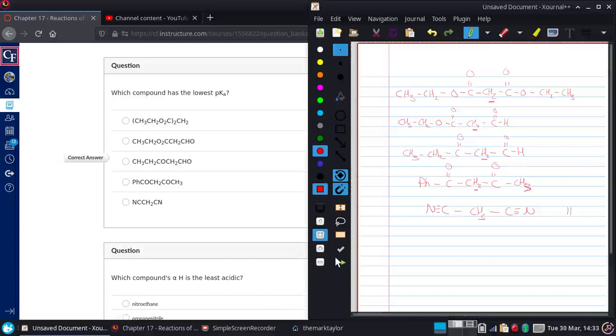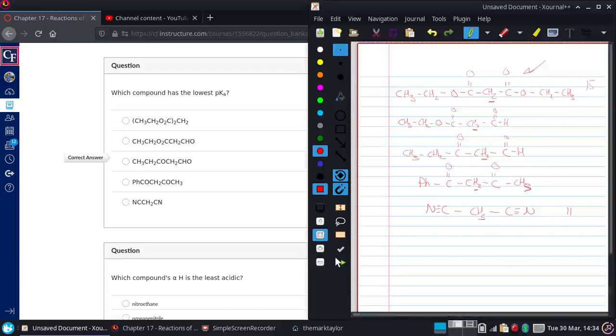And that's simply because nitrogens are a little bit less electronegative than an oxygen, so these are not nearly as withdrawing as a carbonyl. So the carbonyls will be doing a little bit stronger job, with the exception of this one. The biggest reason that one is not going to have a very low pKa is because while it does have carbonyls, which are more withdrawing than nitriles, on these carbonyls there's an oxygen right next to it, which is actually putting electrons back in. So that one is actually going to be our highest pKa,